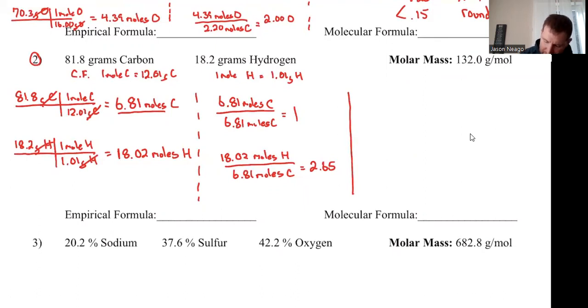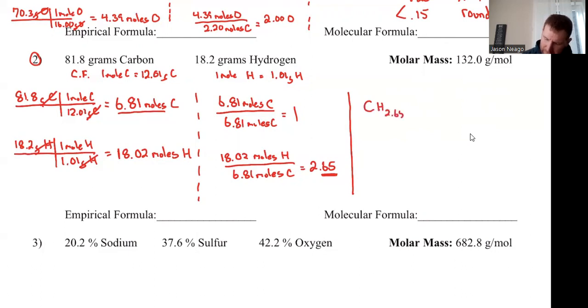Well, let's look at this. Is this number greater than 0.85? Sorry, you can't see it on the screen right now. The 0.65, is this number greater than 0.85? No, so I'm not going to round it up. Is it less than 0.15? No, so I'm not going to round it down. So it has to fit somewhere in between. So I'm just going to write my formula. So I have C, and then I have H